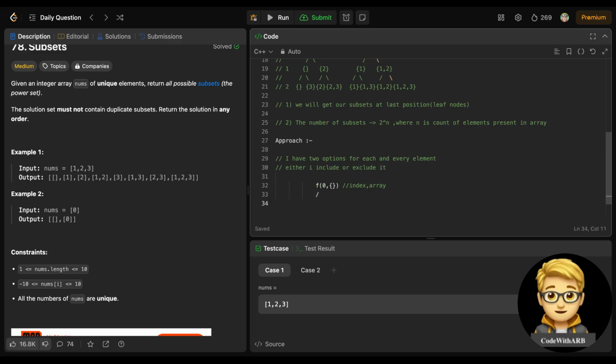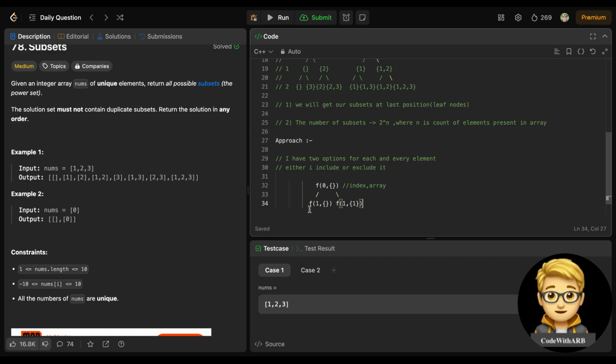Here, either I include this 0 or not. If I include this, it will become 1, and if I don't include this, it will again become 1, and this will be empty. But if I include it, since this 0 is included here, the 1st index should be present here.